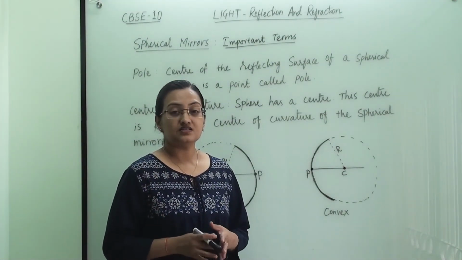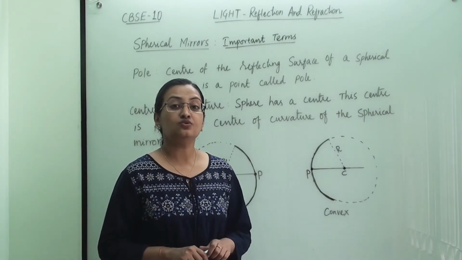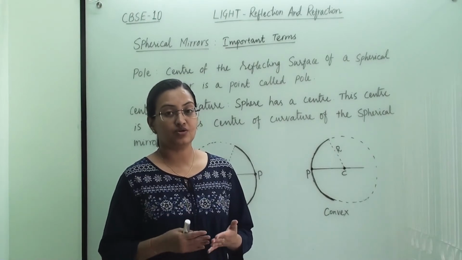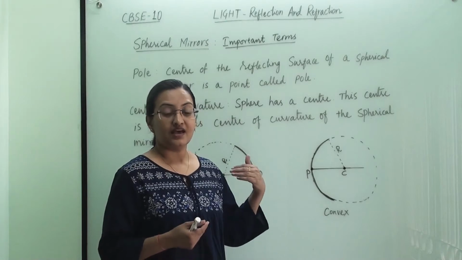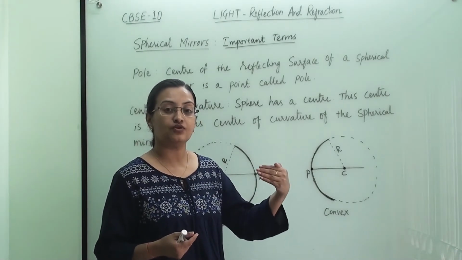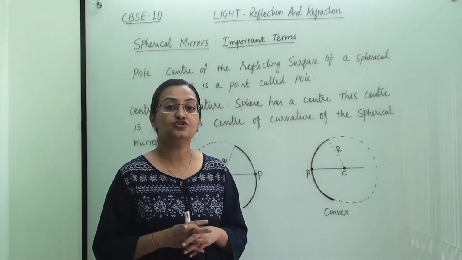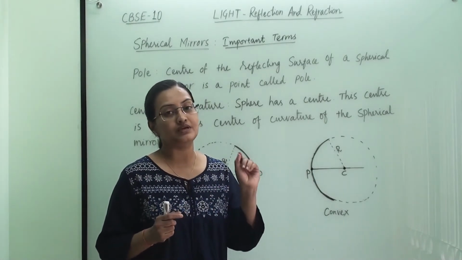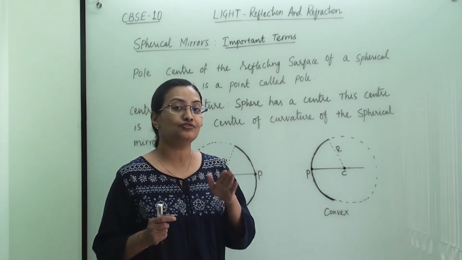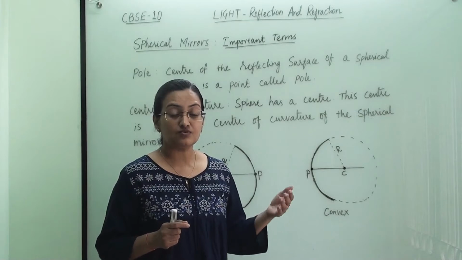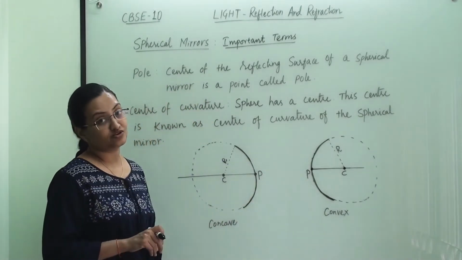Now we will understand some important terms of spherical mirrors. We need to understand and remember these terms, because whenever we refer to them and say that the image formation will happen over here or here, it should click in your mind what the place of image formation or the place of the reflected rays will be. We are going to use these terms in future.